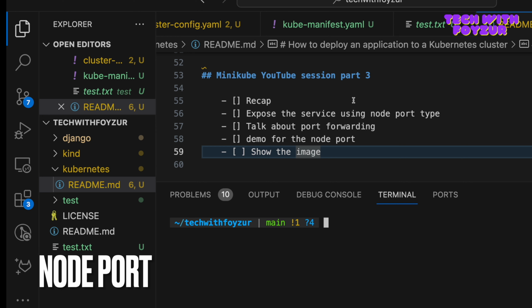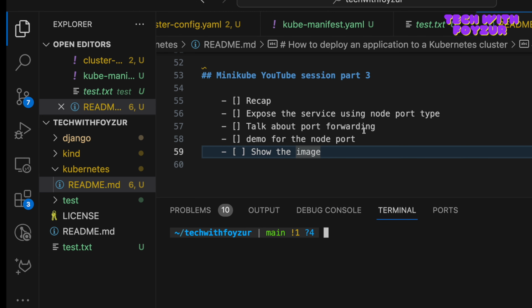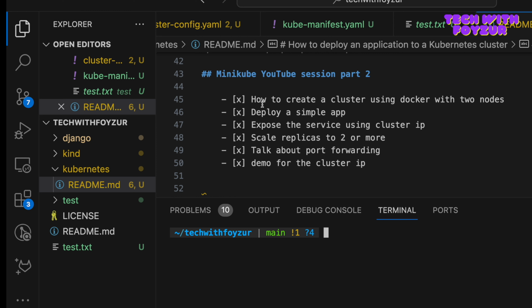So in the previous video, we created a Kubernetes cluster in minikube using Docker container, right? In our cluster, we had only 2 nodes, and then we deployed a kick-based image, a very simple dummy application. After that, we exposed our service using ClusterIP. Then we also showed you how to